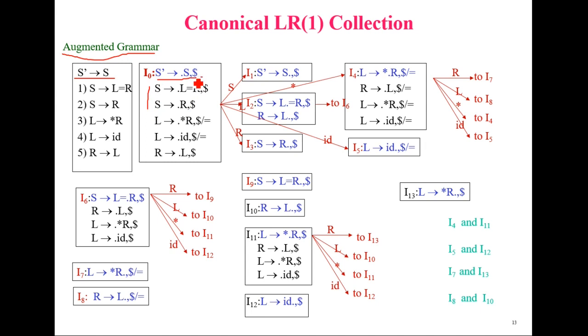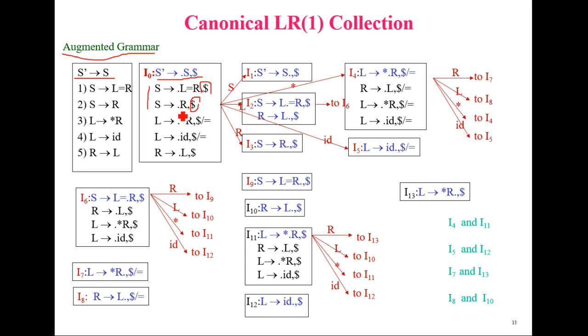After that we have to compute the look ahead. For computing look ahead, we have to compute first of beta A. Here beta is nothing. There is no beta at this point. So dollar is the beta A. First of dollar is dollar. So the look ahead for this S rule is dollar. So we are placing dollar. Then we have to continue this process. Here we have L after this dot. So add all the L rules. For these L rules, we have to again compute look ahead. Here the beta is equal to R. A is dollar. For this beta A, the first of beta A is equal to. So we are adding this look ahead here, equal to.